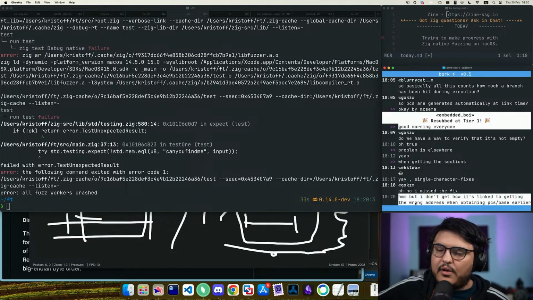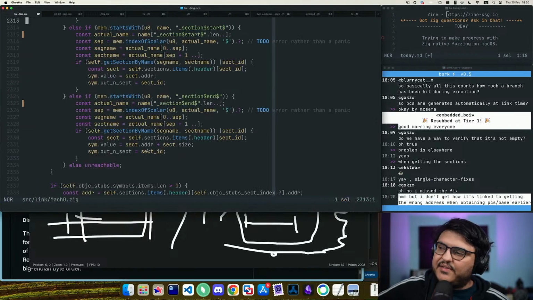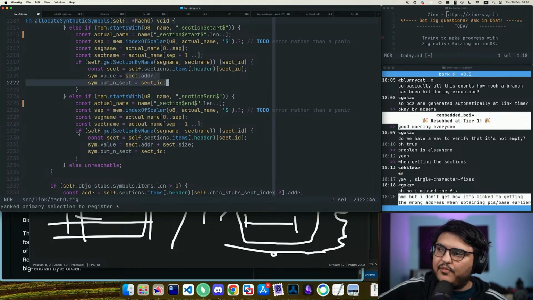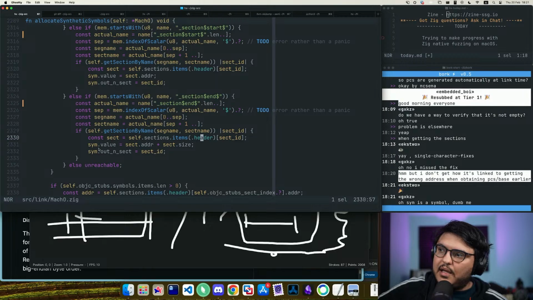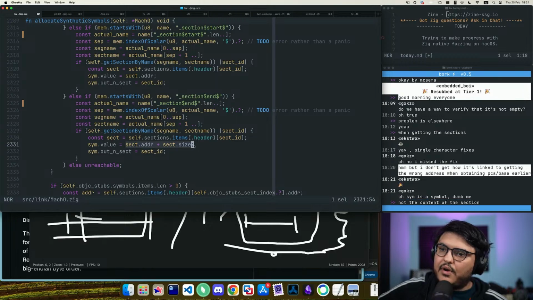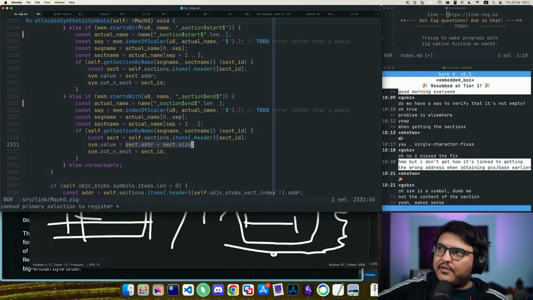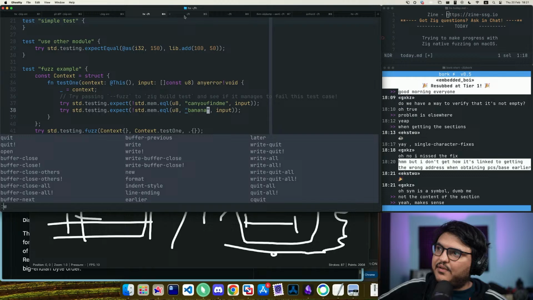I don't get how it's linked to getting the wrong address. It's linked because we were never setting it. That synthetic symbol was never resolved to the actual address because this code, we're never entering. We should have. So the fact that this is structured as an if is very sus to me. I'm not sure that this should be the case. I'm thinking that this should be an assertion. But what was happening is that we were never setting this. The content is fine. We were never wiring in that external variable to the right number, to the right address. So with this fix,